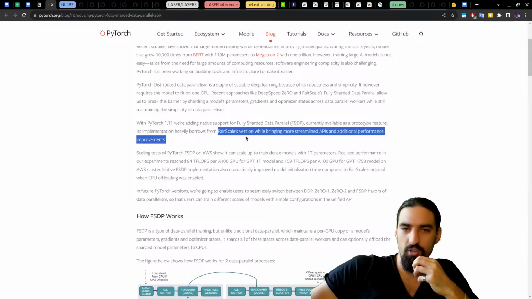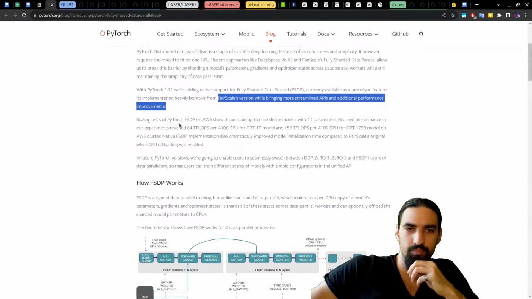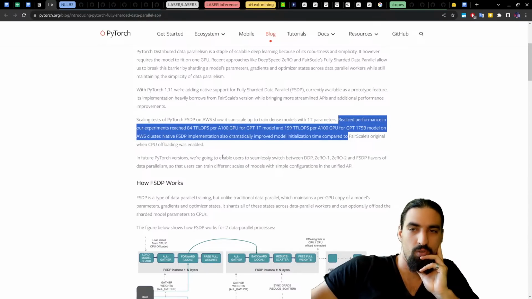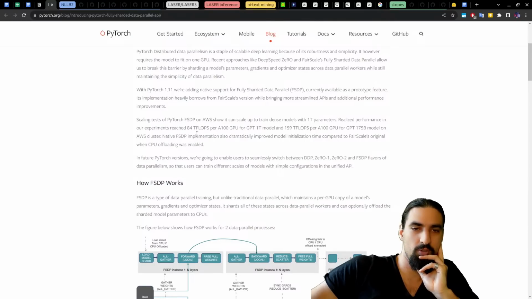It heavily borrows from Fairscale. Scaling tests of PyTorch FSDP on AWS show it can scale up to train dense models with 1 trillion parameters. Realized performance in our experiments reached 84 teraflops and 159 for A100 GPU.